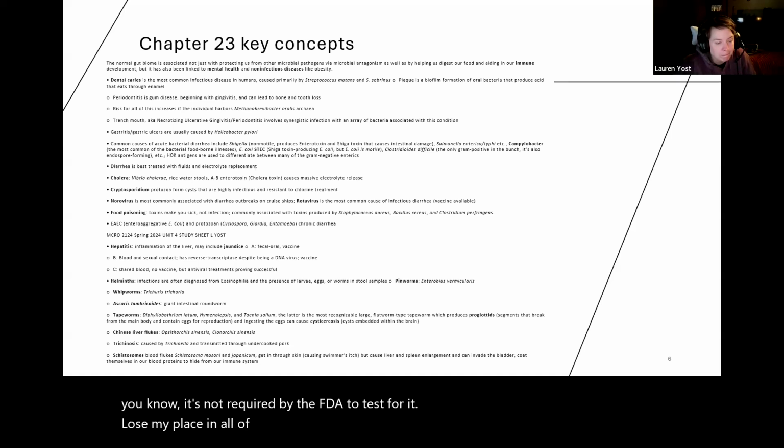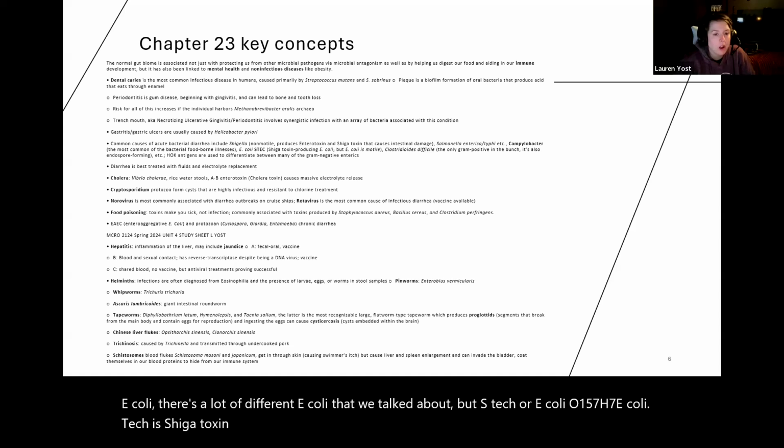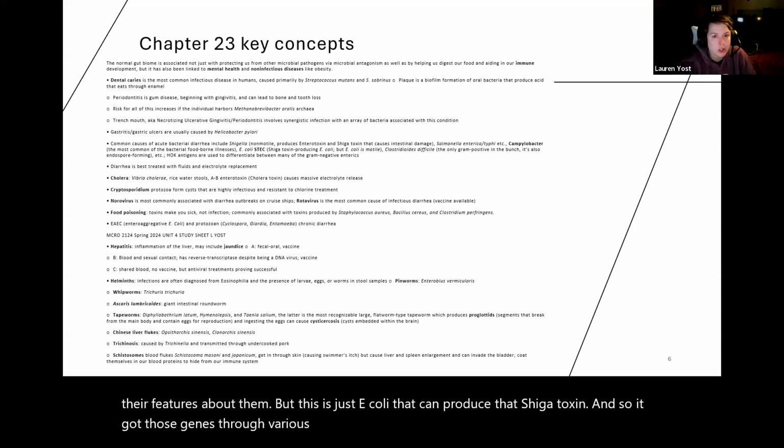All right, E. coli, there's a lot of different E. colis that we talked about, but STEC or E. coli O157:H7. E. coli STEC is Shiga toxin producing E. coli. E. coli is motile and Shigella isn't, and so that's one of their features. But this is just E. coli that can produce that Shiga toxin, and so it got those genes through various different versions of genetic transfer that the bacteria use, the horizontal gene transfers,